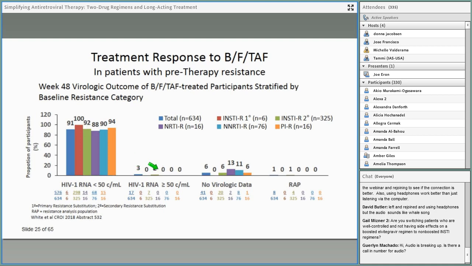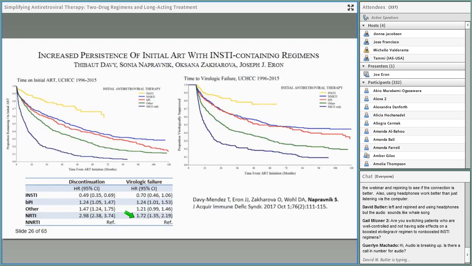You were very likely to be suppressed, very unlikely to have a detectable viral load, and very few of these patients actually even had enough virus present to have resistance analysis, and of course none developed resistance. And you might guess what manufacturer presented these data, because obviously the study also studied Dolutegravir plus 2 nucleosides, and the overall results were non-inferior, so I suspect you would find the same results for Dolutegravir if they were presented. And we know that integrase inhibitors are well tolerated, and people tend not to discontinue. These are data from our